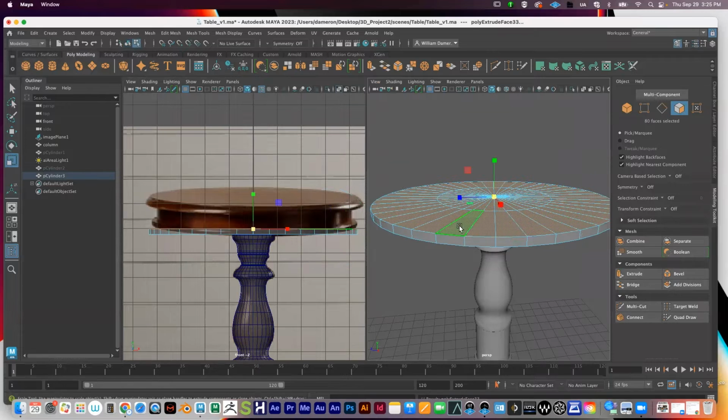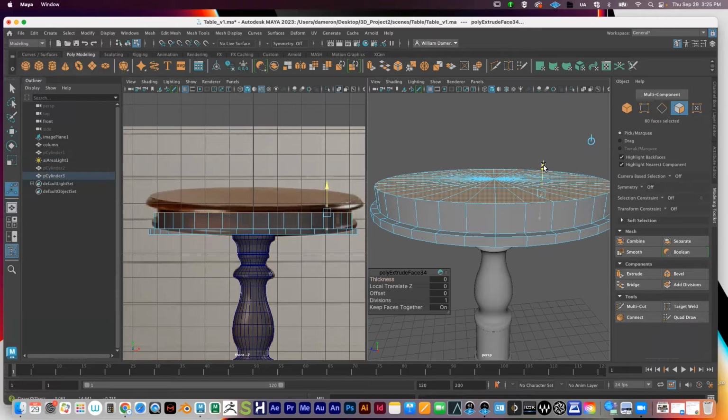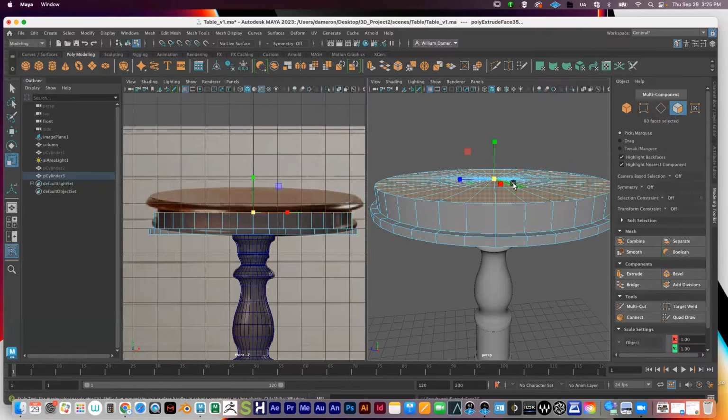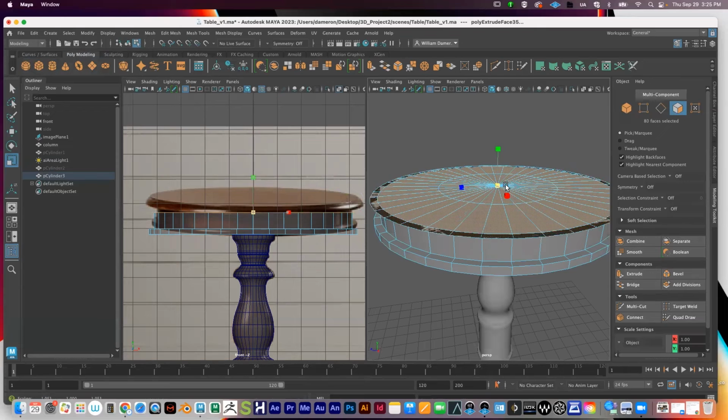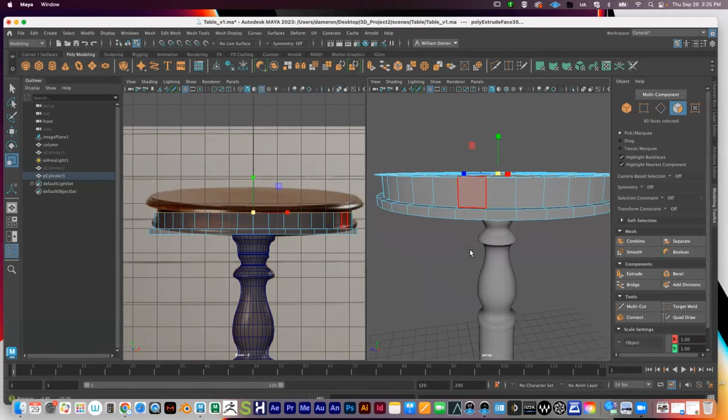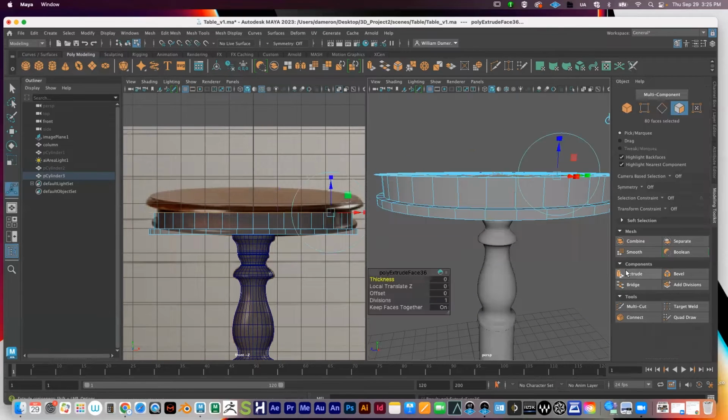And this time I'm going to press R and scale uniformly from the center just to bring it straight in like that. I'll press Q, press extrude again, blue arrow up, press Q, extrude again, pressing R, and then scaling uniformly like that. You'll see some zebras, but that's okay right here. And then I'll extrude one more time,